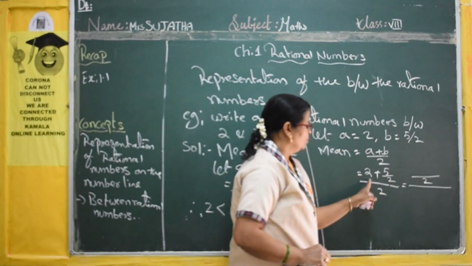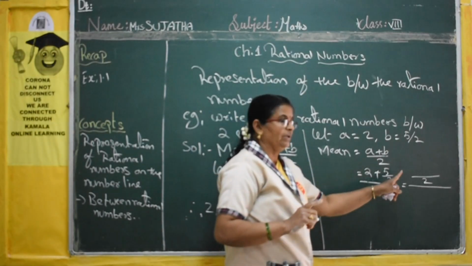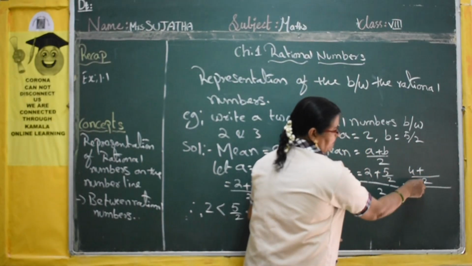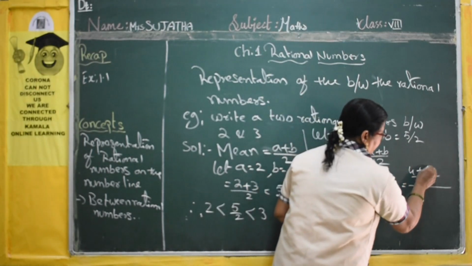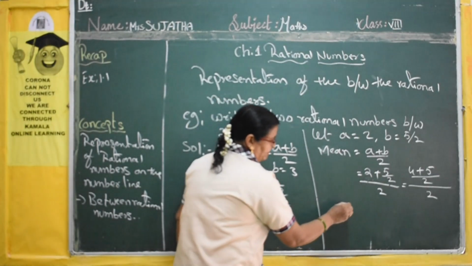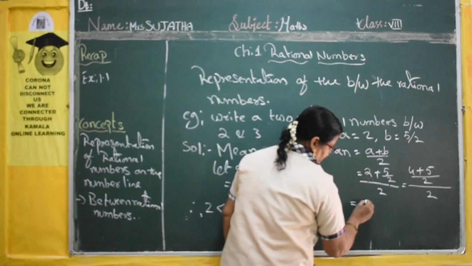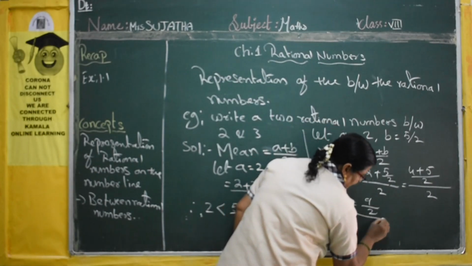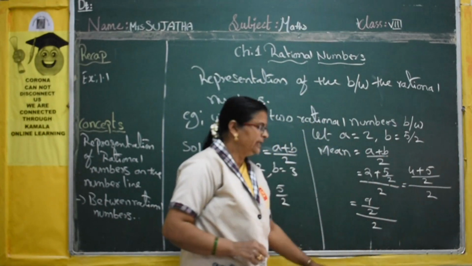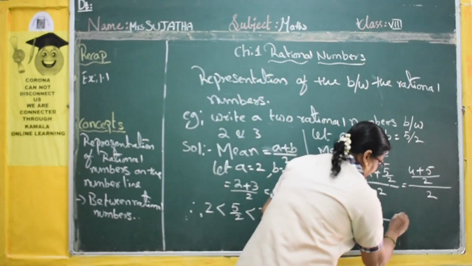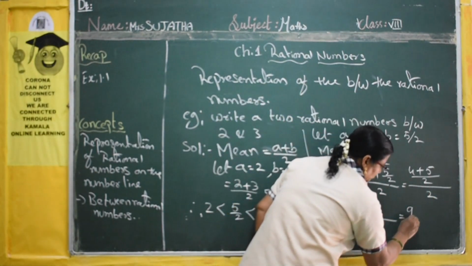In 2 table, 2 1s are 2; in 1 table, 2 will come one time, 2 2s are 4, plus 2 divided by 2 is 1, 1 5s are 5. Now this by 2 you have to write as this. Now 4 plus 5 is 9, so 9 by 2, and again by 2. This by 2 is the formula by 2. Now that is equal to 9 by 2 by 2.